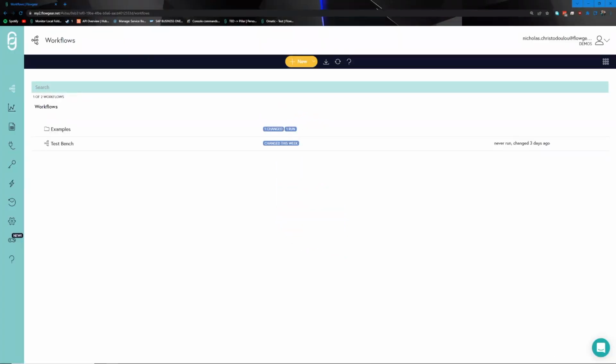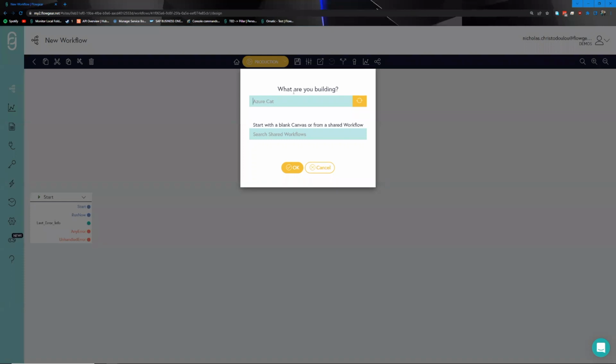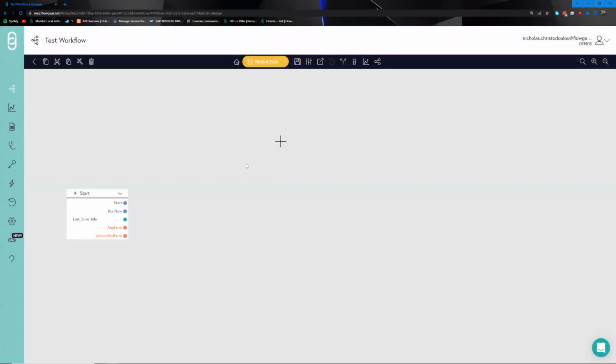Next, we're going to take a deeper dive into workflows and nodes. To do this, we're going to navigate to the workflow section, which we have done by clicking on this workflow over here. And from there, we're going to open up a new workflow by clicking on the new button right over here, at which point we're given the option to name the workflow, which we can name appropriately, and click on the OK button over here. At which point you're then greeted with the Flowgear design canvas,